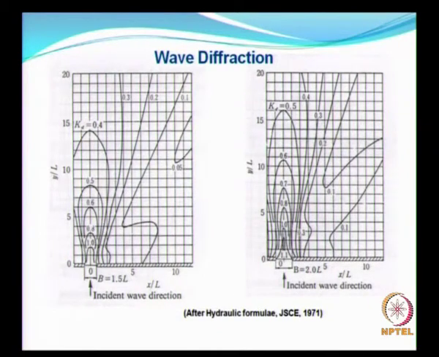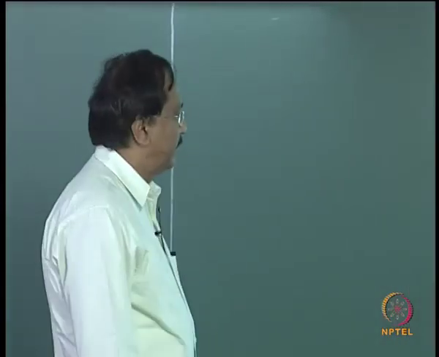So, this picture on the left-hand side shows the breakwater gap width equal to 1.5 times the wavelength. The gap between breakwaters is normally decided as a function of wavelength and also the size of vessels, and also the type of traffic, that is whether it is going to be one-way traffic or two-way traffic, etc. All those things are not going to be covered in this lecture, but these are all the basic information you need before you finalize the harbor layout.